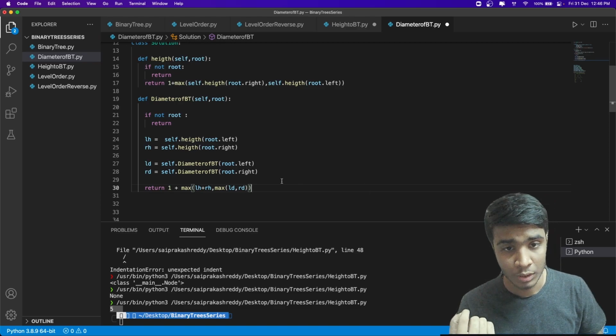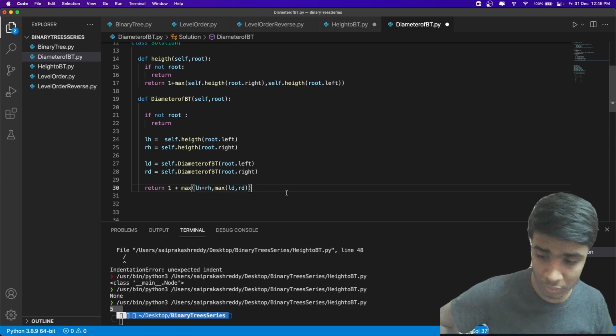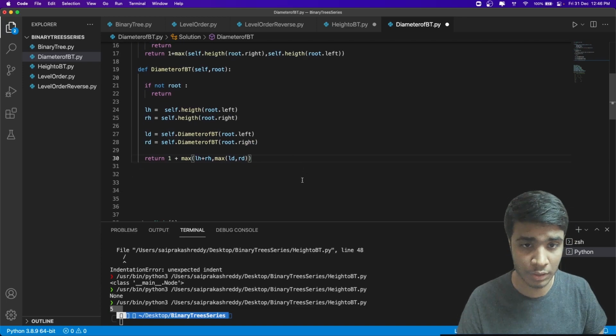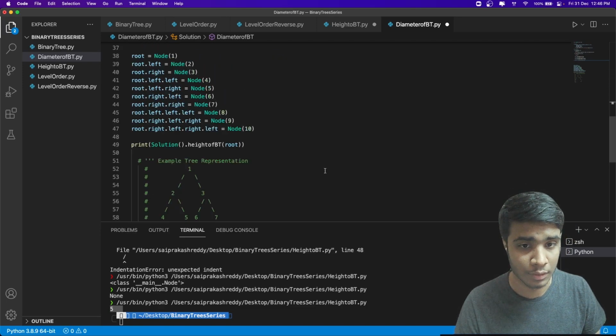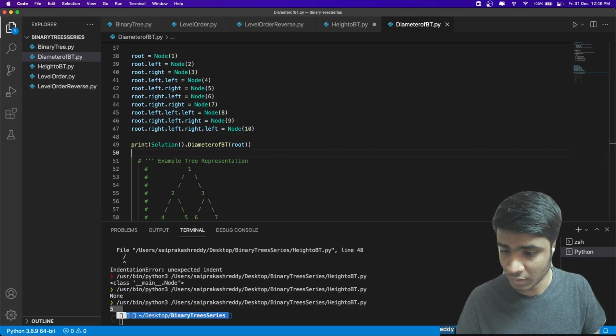Because if you only take the maximum of LH plus RH, we would be only looking at the root, right? So we also have to look into the other nodes. So that's how we get this. So we are calling it on diameter of the tree. So that's how we can solve this.